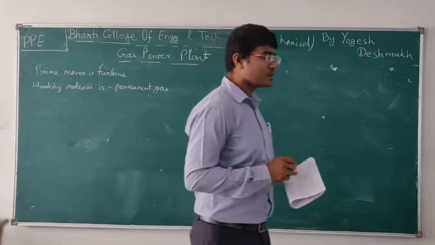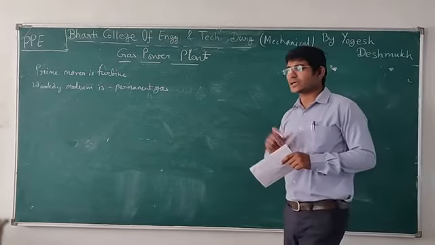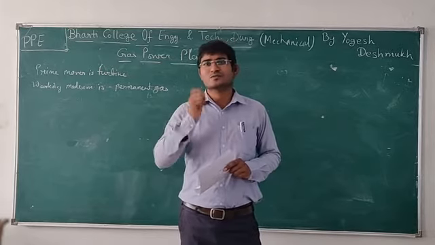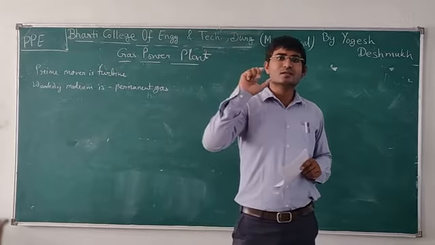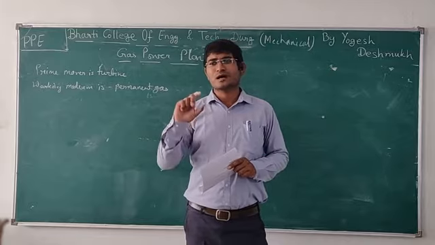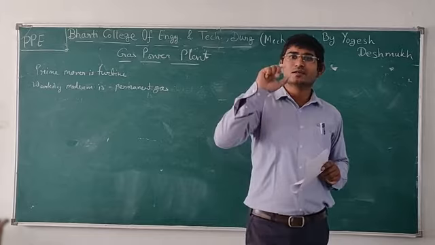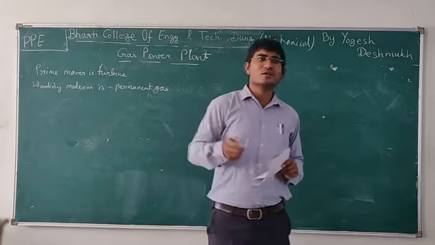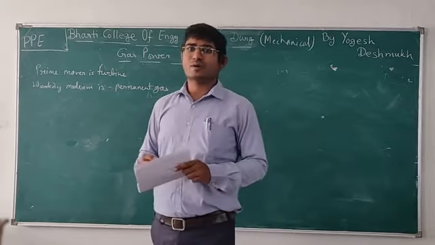Why do we need to compress the air? As we compress the air, its volume decreases, its randomness increases, and its pressure also increases. This randomness helps in the combustion of the gaseous fuel. After combustion, the randomness continues, and that increases the pressure of the flue gas or hot gas. That hot gas moves the turbine blades, and the work is done by the turbine.